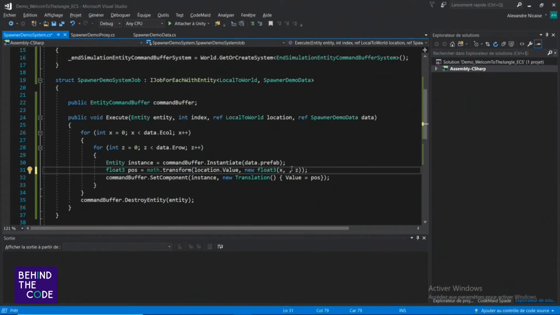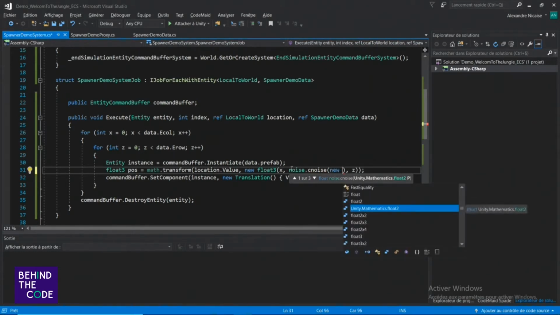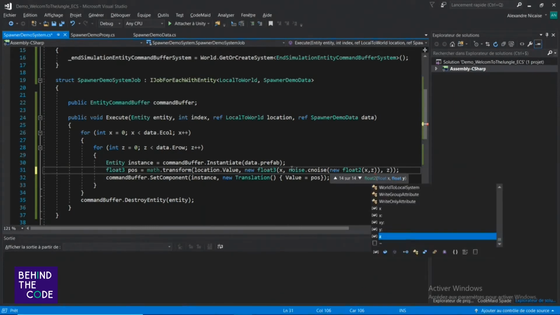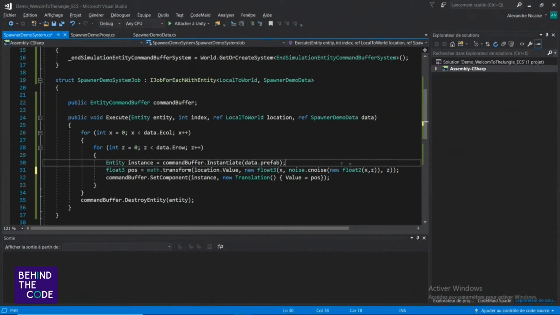For that I will add some noise. A new float2, yes 2, and we want x z, multiplied by 0.21.